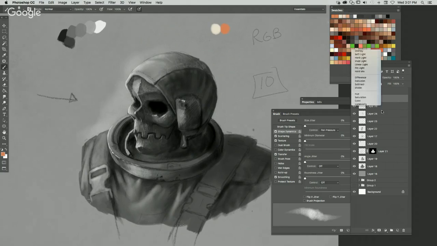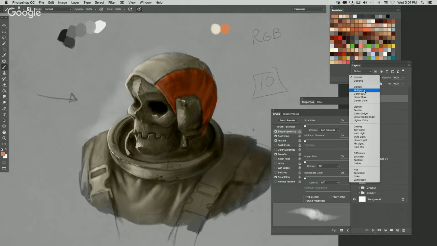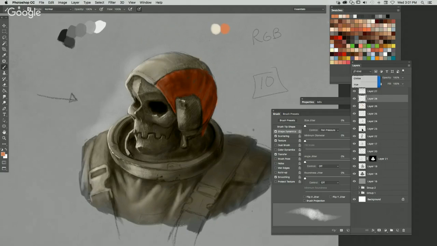So let's say, change that back to color, create a new layer, make it hue. Let's say we wanted his cap to be blue and not orange. You can see how you can quickly change it, but the values are all still intact and you're not changing anything besides the hue. So hue is usually what you do after you do a color base. So I'm going to go ahead and add in the color everywhere else that it needs to here. That's orange.